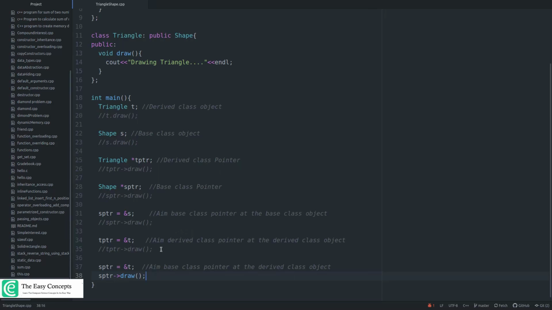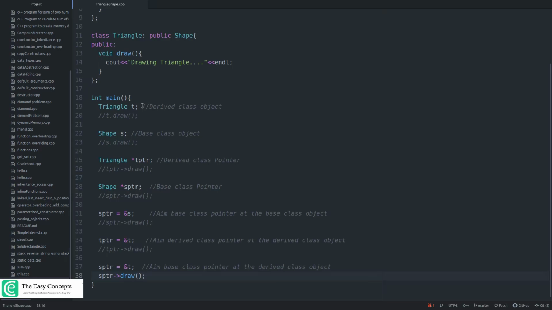So it basically reveals that invoked functionality depends on the type of the pointer or reference used to invoke the function, not the type of the object for which the member function is called, right? But now let's understand this in detail, that it's possible to invoke the object type functionality. Here in this case, to invoke the functionality of this triangle class rather than invoking the functionalities of the shape class using the concept of virtual functions, right? So that concept we are going to cover in a later part of this tutorial.